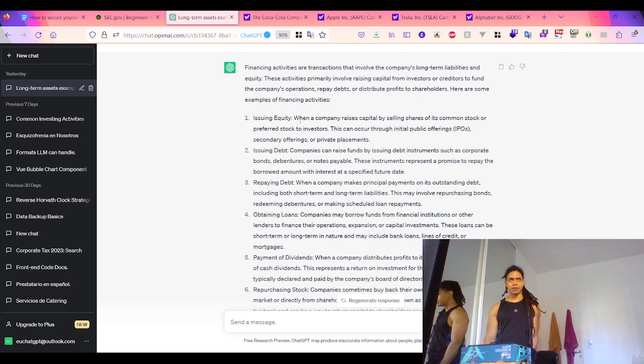So equity can be a couple of things, right? Depending on the context, equity can be